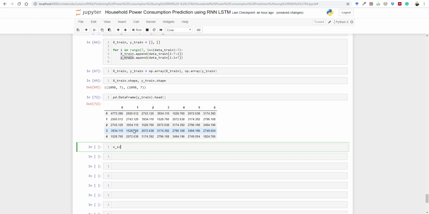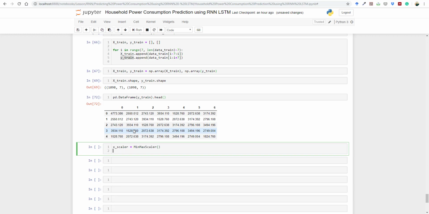Okay, so here we have x_scaler is equal to MinMaxScaler, and then here we have x_train is equal to x_scaler.fit_transform